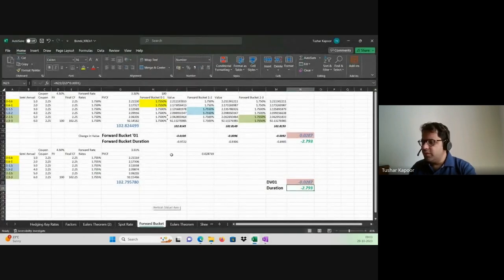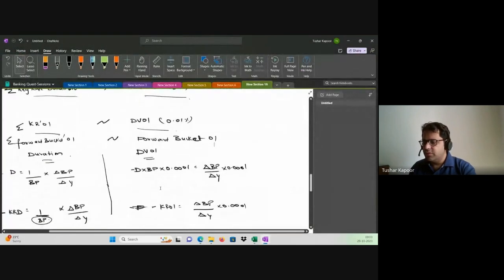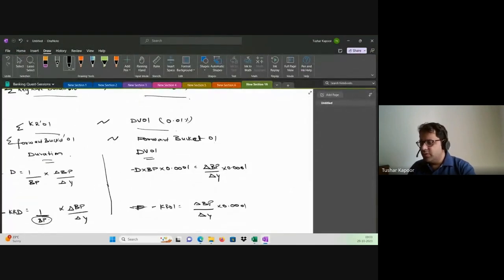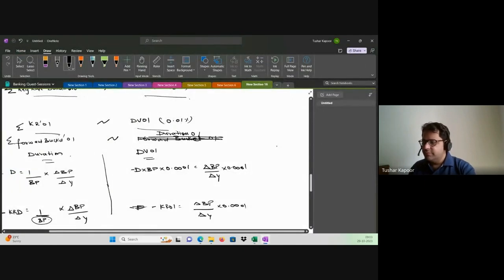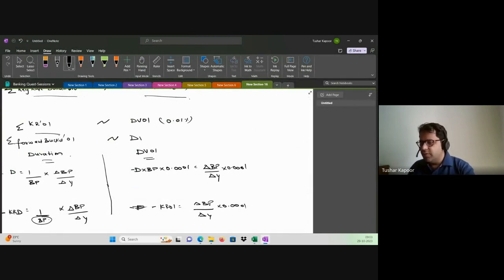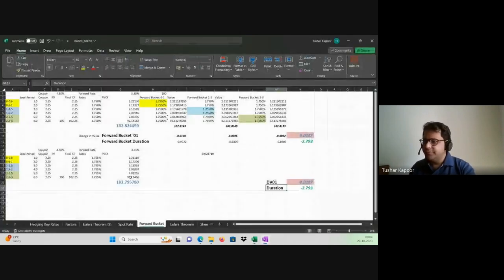what is the name I'm using here? Forward bucket 01 is going to be equal to duration 01, DV01. Let me clear here, is also going to be equal to DV01. I hope that makes sense,